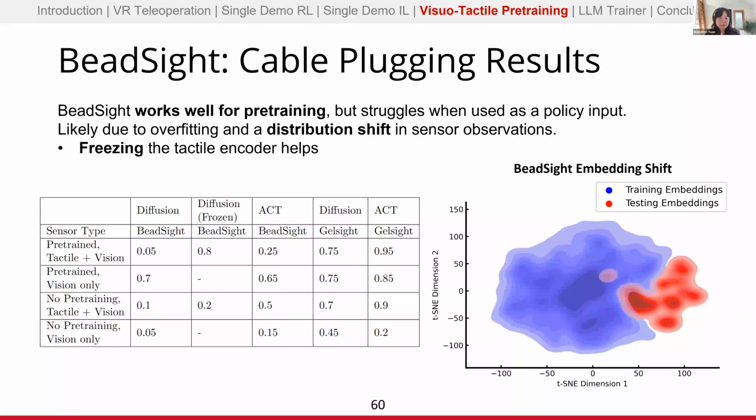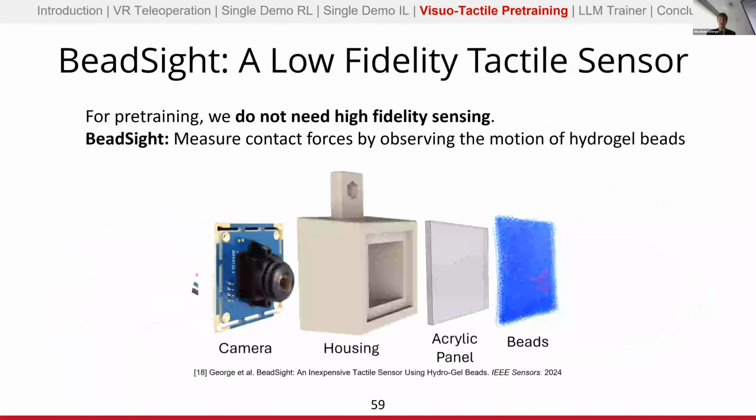So are you saying that the problem with BeadSite, especially the variance during the inference time, is mostly because of the hardware design, the sensor itself, rather than the choice of the sensor, right? Correct. Because we're tracking these beads, there is no fixed position of the beads, so there's no fixed initialization. They just move, and we directly take 15 frames because we have to have a history of the image from the beads and pass that into the tactile encoder. So you can use that for control, but it's just an inherent limitation of the sensor.